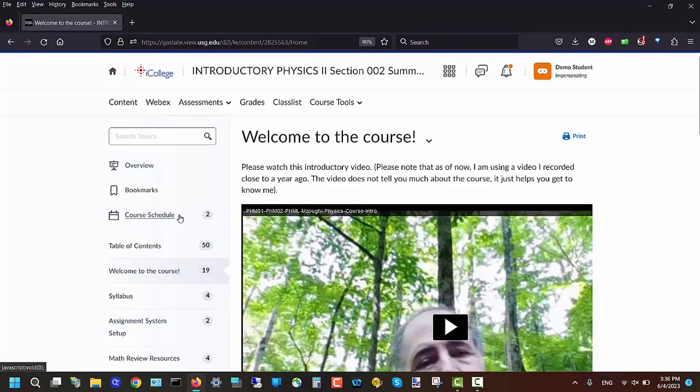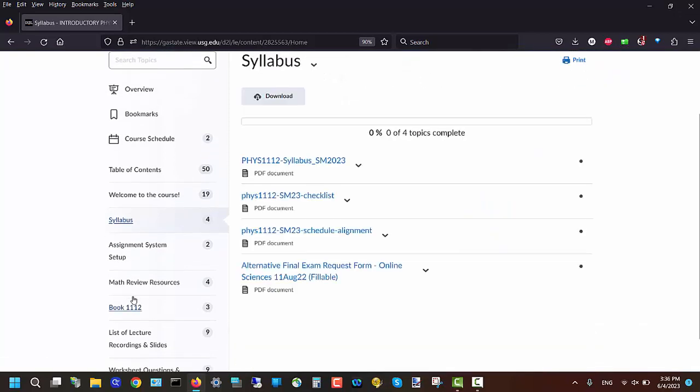So the content is another way to navigate through the course. We have a module called the syllabus that has these 4 documents: the actual syllabus, a checklist, and an alignment. This is the alignment with the learning outcome.